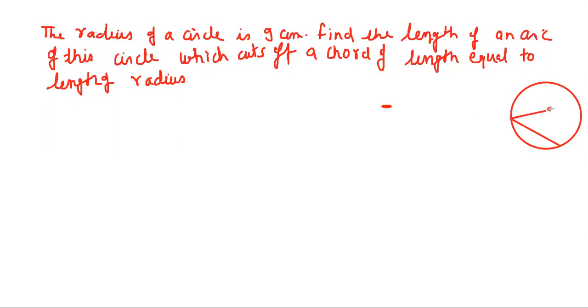ओके, तो मैं यहाँ पर लिखता हूँ कि ये सपोज आर है. कितना है ये आर? 9 सेंटीमीटर दिया है, तो ये भी 9 आएगा, ये भी 9 आएगा, क्योंकि हमको ऑलरेडी दिया है कि लेंथ ऑफ आर्क इज इक्वल टू लेंथ ऑफ कॉर्ड इज इक्वल टू लेंथ ऑफ रेडियस. तो अगर रेडियस 9 सेंटीमीटर है, तो दोनों 9 9 हो ही गए. कॉर्ड भी 9 आ जाएगा, इतना समझ लो.